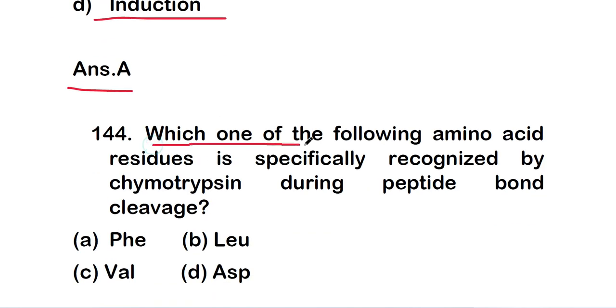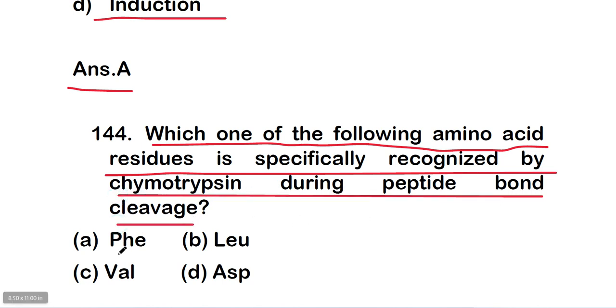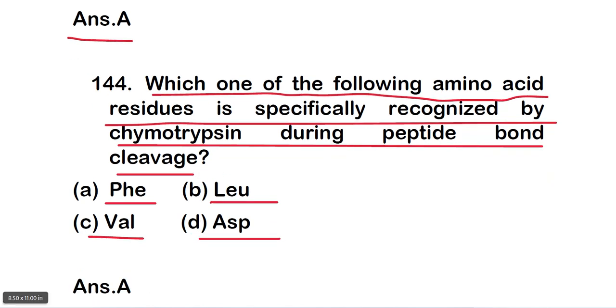144. Which one of the following amino acid residues is specifically recognized by chymotrypsin during peptide bond cleavage? And the options are option A phenylalanine, option B leucine, option C valine, option D aspartic acid, and the right one is option A, that is phenylalanine. So phenylalanine is the amino acid residue which is specifically recognized by chymotrypsin during peptide bond